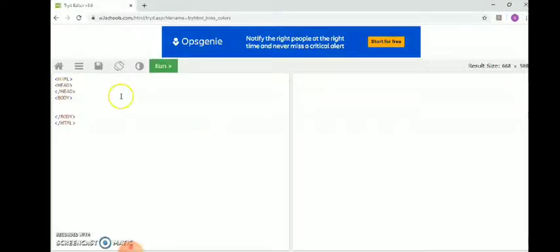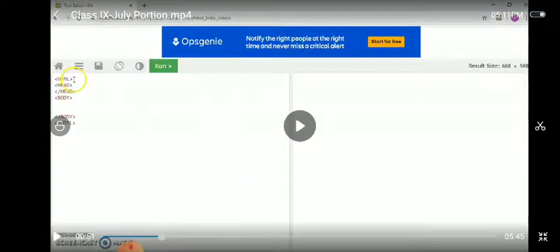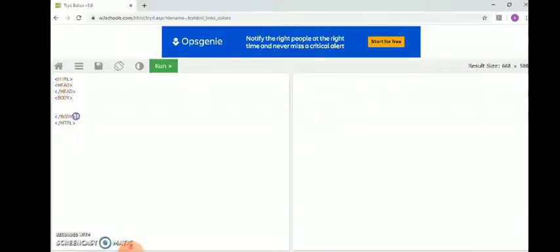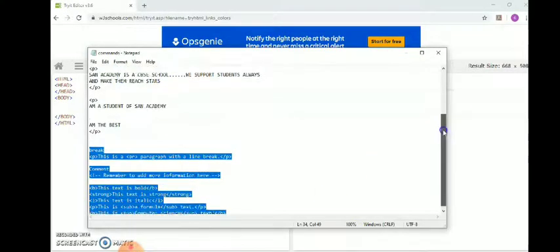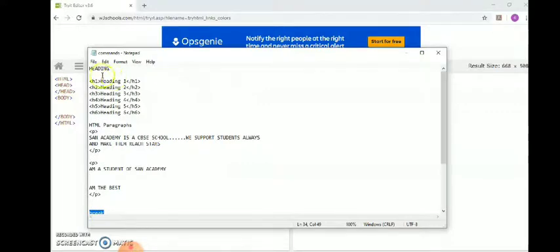Now let me show you. I already have a template with HTML: opening HTML, head, closing head, body, closing body. I already typed the commands and kept them in a notepad, so I'm copying those commands and running them over here.